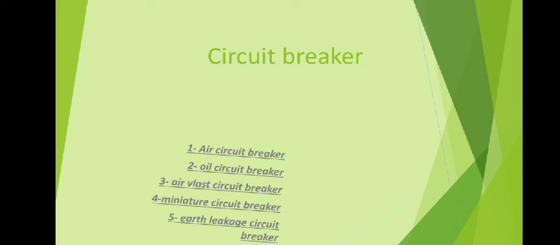The main purpose of the circuit breaker is to prevent re-establishment of arcing after current zero by creating a situation wherein the contact gap will withstand the system recovery voltage. Later on we will discuss the recovery voltage, circuit recovery voltage. So let's start with our topic, that is circuit breaker.